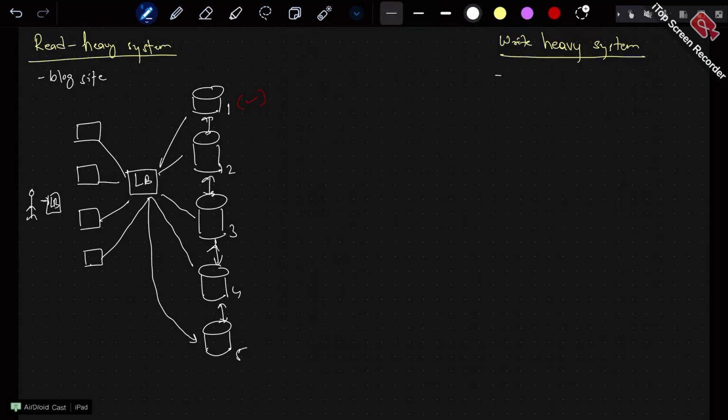So now there are two ways that we can do it. First, in such cases, we can allow the databases to synchronize among themselves first in case of a write, and only then respond to the user that I have updated it. That is called online propagation. I'll just write down a better way, just a minute.